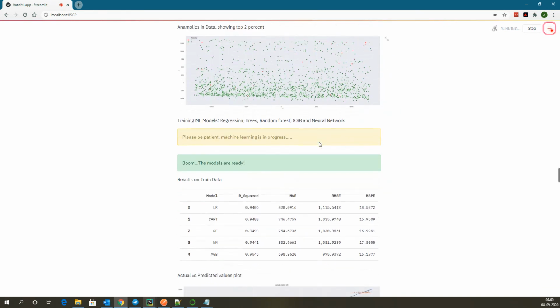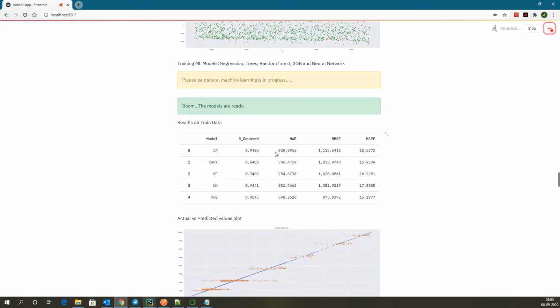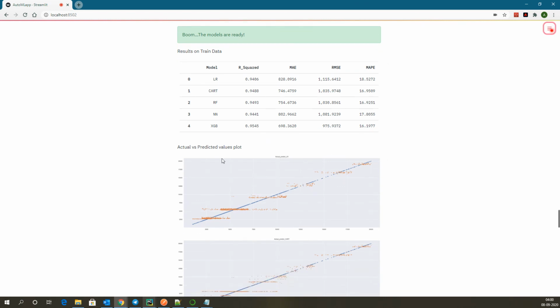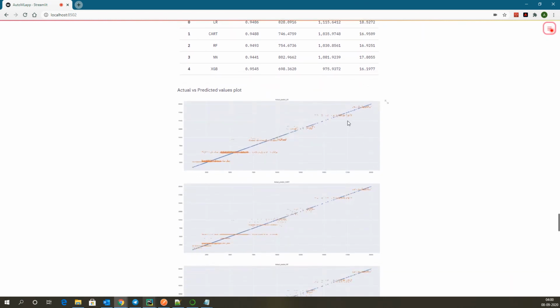So the models are ready, and in this case, since the target is continuous, you would see a different set of performance metrics. This time using R square values, MAE, root mean square error, and MAPE, mean absolute percentage error. It also plots an actual versus predicted values plot.